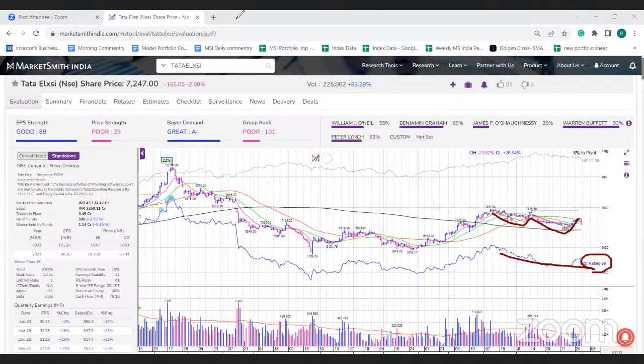Recently, there is some consolidation and stock has formed a double bottom base pattern, but it is still 8% from the pivot. So there is a lot of rally to happen in the stock to take a fresh position. And if you are asking whether to exit it or to hold it, it is trading very close to its 50 and 100 DMA. So again, similar to Tata Investment, you can keep 100 DMA as a stop loss level and you can exit depending on that 100 DMA breach.